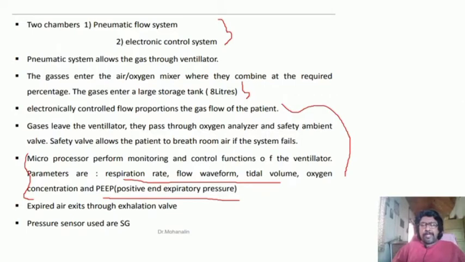You have to text me through WhatsApp in the group itself, the biomedical group itself, what are the normal standard values of this respiration rate, flow waveform, tidal volume, oxygen concentration and PEEP. What are the normal medical standards of these values that have to be texted, right? Every single student has to identify on their own and they have to text, right? This is one question, and based on this only I will be giving the attendance information. Based on the submission of the assignments, small homeworks, based on that only I can determine whether the particular person is attending this class effectively or not.